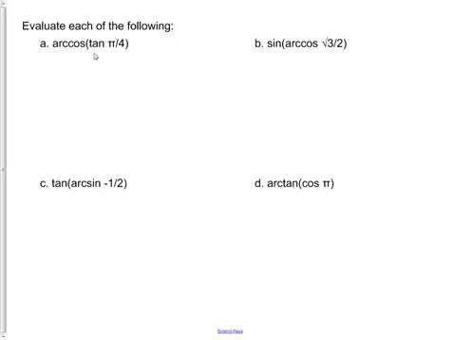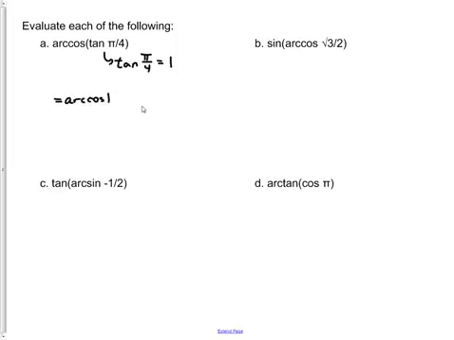In this case, let's talk about it. We've got the tangent of pi over 4. What is the tangent of pi over 4? Well, we recall that the tangent of pi over 4 is the ratio of the opposite to adjacent side of the angle pi over 4, which we happen to remember is equal to 1. So what we're really saying here is that we're evaluating the arc cosine